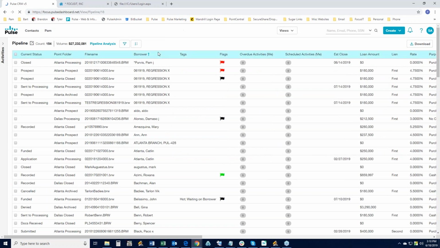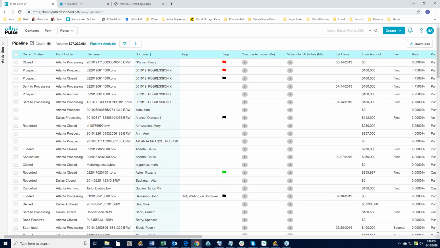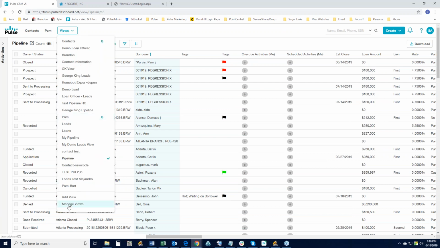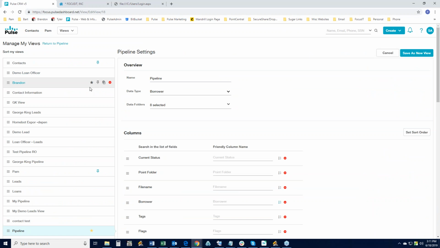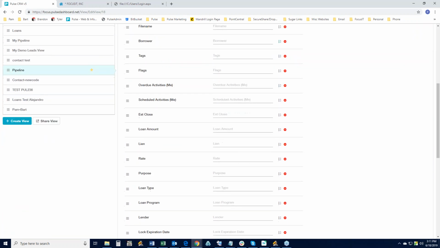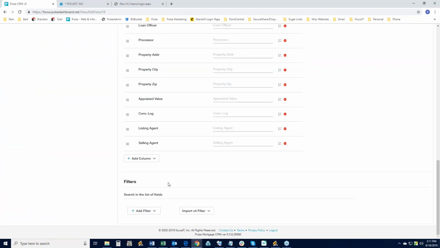Once you have that account set up as an executive, you can come in and you can create a pipeline view. Once you've created that pipeline view, the first thing you're going to want to do is you're going to want to view that pipeline view. So you're going to come in and you're going to give it a name, you're going to choose your data folders, and you're going to choose the columns in which you want them to see. And most importantly, what you're not used to doing in the past that you're going to need to remember to do in the future is to set those filters so that you're controlling what loans they see within that pipeline